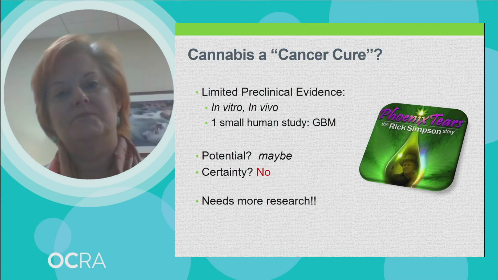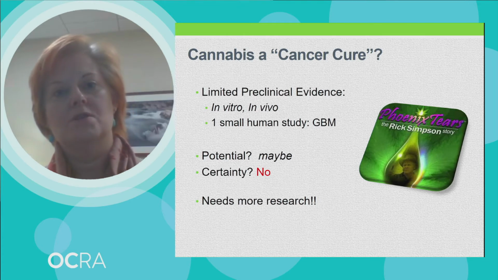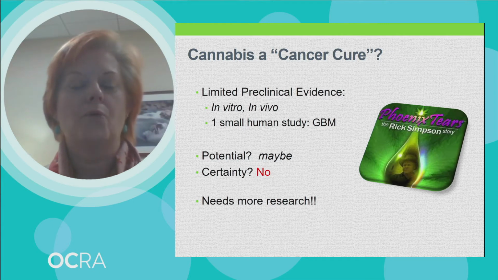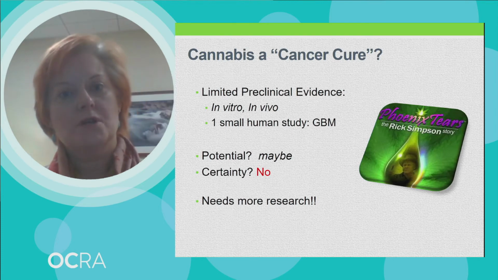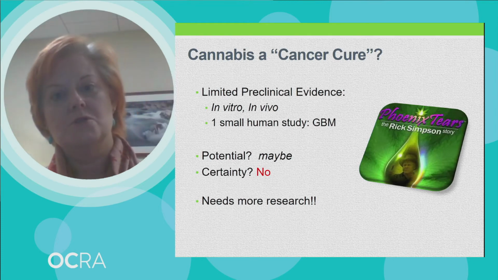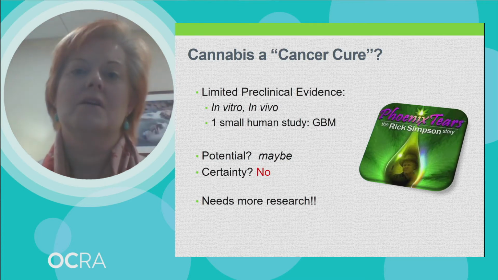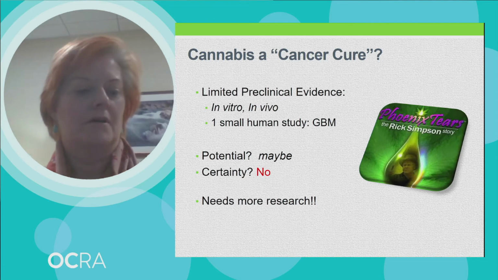However, they were only just looking at adverse effects and whether the use of THC in that situation could increase the dose and what the effects were. In no way were they poised to have statistical significance or meaningful information about whether THC could be used to cure brain tumors. There are other tumor types that have been looked at in test tube situations, and it does appear there may be some promise, but there's a lot more research that needs to be done. I think it's important to know that while the potential is there, there's no certainty, and it's not something you want to rely on as a cancer cure.